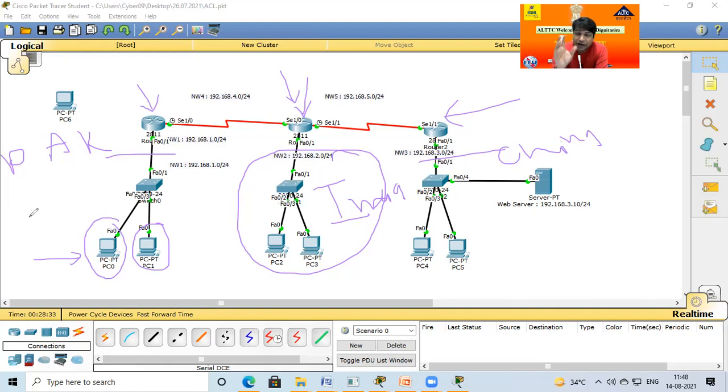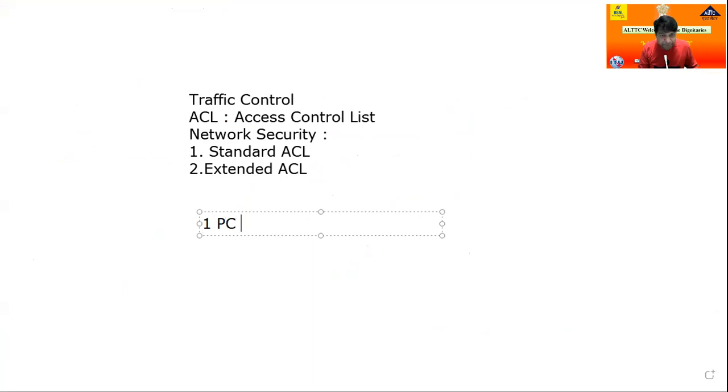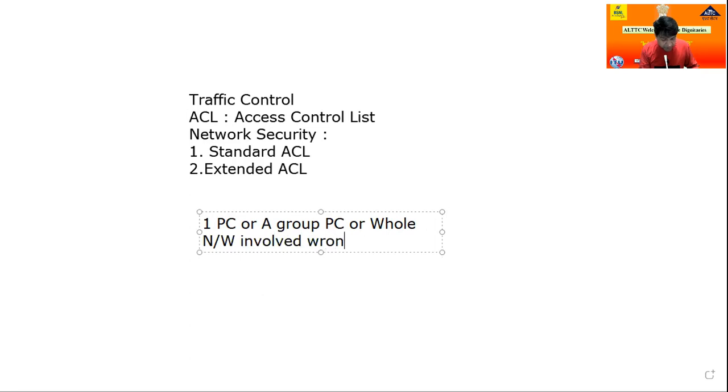So again, I repeat: one PC, or a group of PCs, or a whole network involved in wrong activities from the Pakistan side.